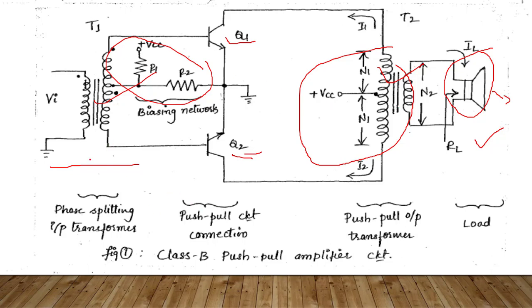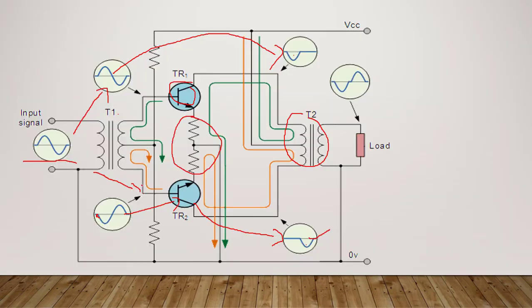First we are splitting the phase, giving it to the NPN and PNP, and we are merging them together and giving it to the load. Okay, you can write like this also. Here I have taken what happens in the first half cycle and the second half cycle, and we can discuss one by one. The orange color is the second cycle and the green color is the first cycle. Okay, how it works, and we are merging these two. This is nothing but what we call a class B power amplifier.